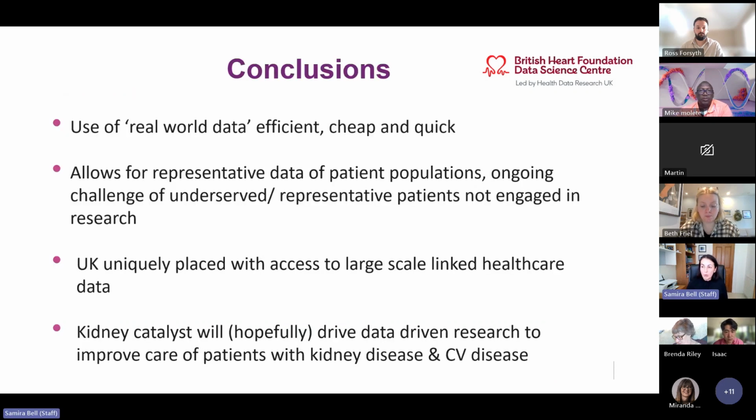So hopefully by using this real world data and being able to use this resource, we can do high quality, large scale research. It's quicker, cheaper and more efficient than a clinical trial. It means that it's representative. Clinical trials often have a specific type of patients, which are often men. Women are underrepresented, different demographics are underrepresented, but if you use real world data, you can have truly representative